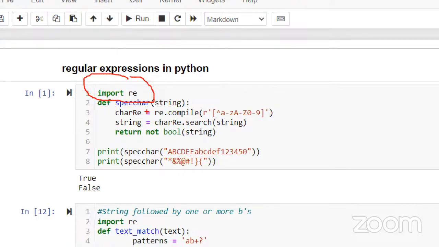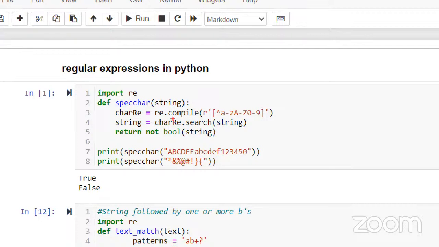So what kind of problems you can solve with regular expressions I have given here. More problems I'll be adding so you can practice later on. So what is the job of regular expression? You see here, this is a user defined function, right? I defined the name as special character. So what we are doing in this code, we are sending a parameter with certain characters, right? So what I'm checking here is,